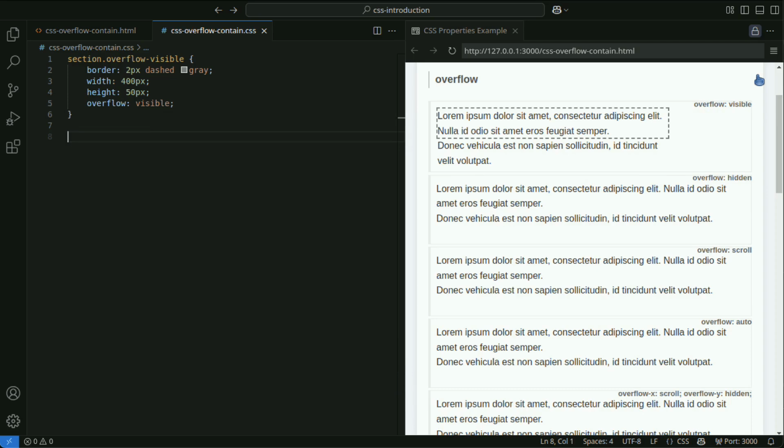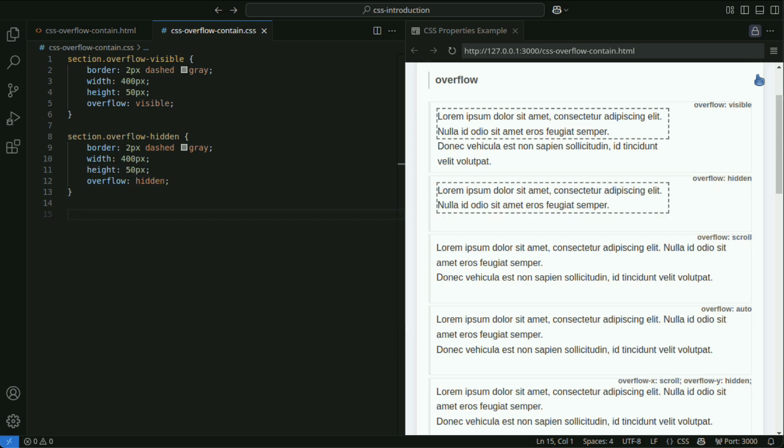Visible is the default value, where the contents of an element overflow beyond the size of the box but still remain visible. The overflowed parts may overlap other elements, but scroll bars are not displayed in particular. Hidden is the setting where if the contents of an element exceed the size of the box, the overflowed parts are not displayed. No scroll bars are displayed, and the overflowed content won't be visible.